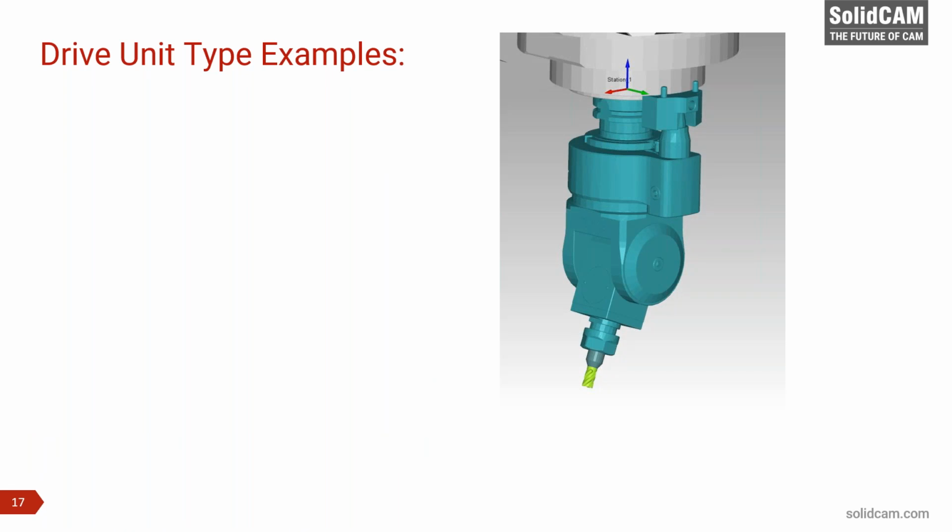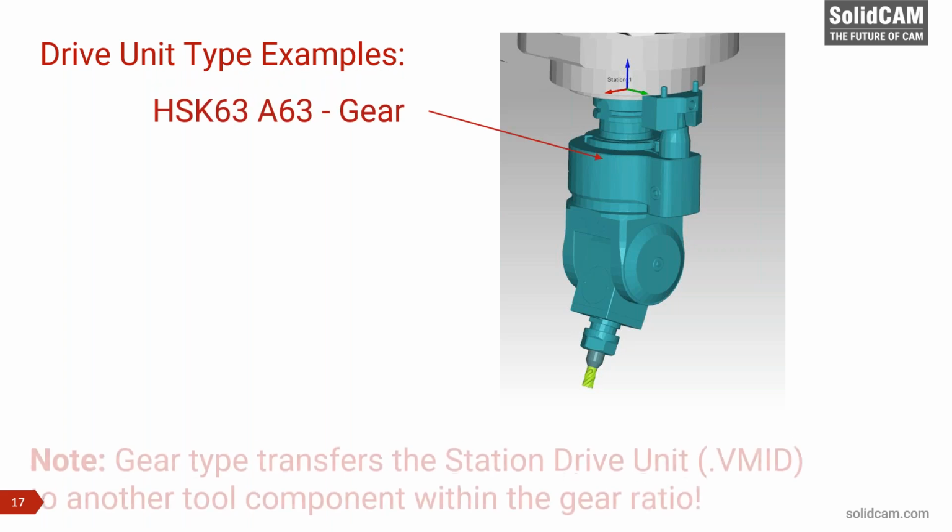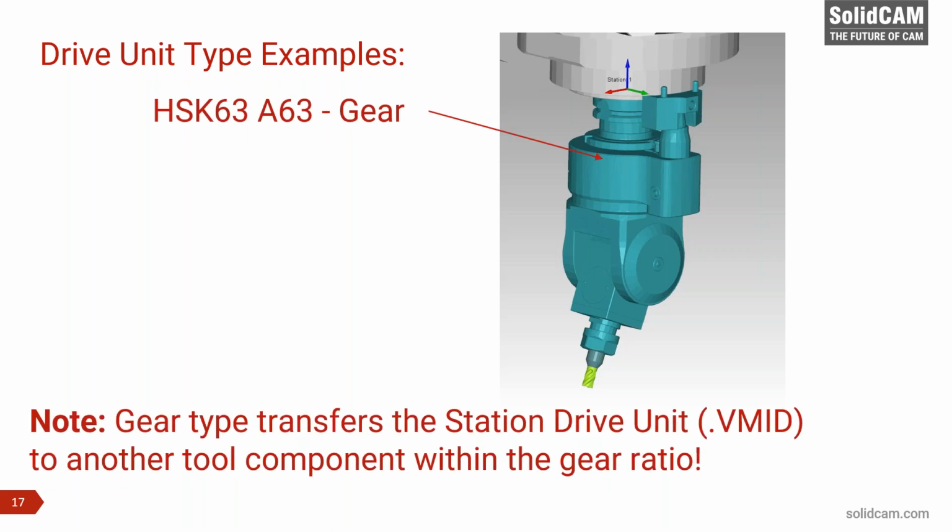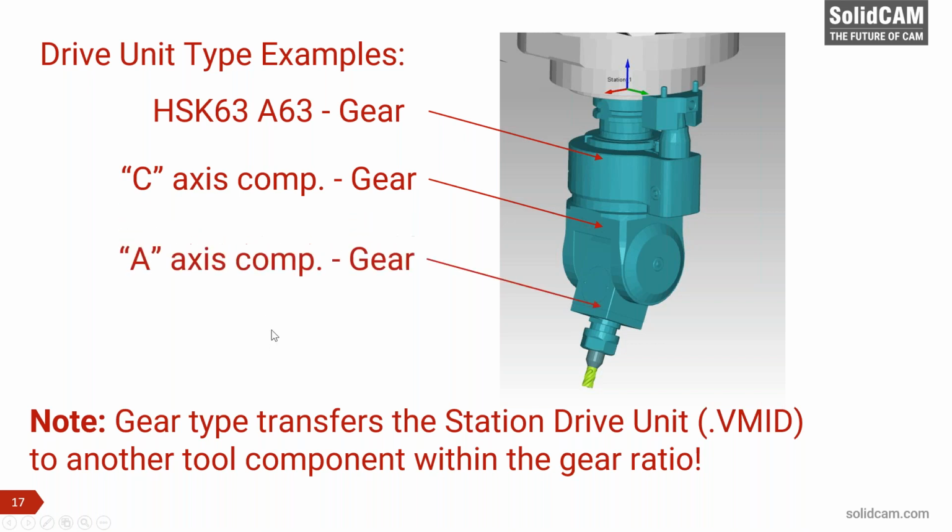And the last one that I also showed in the previous webinar, this is how I ended it, showing the angular holder. Here we had basically 3 different elements, where I call it like HSK 63. Here I defined it as a gear, and then we had the C component, we had the A-axis component. All of these 3 behave like a gear. Basically, in the last webinar, I changed this from gear to not. These 2 were not driven. This was completely wrong. Basically, all 3 have to be defined as a gear, and I'm going to show you